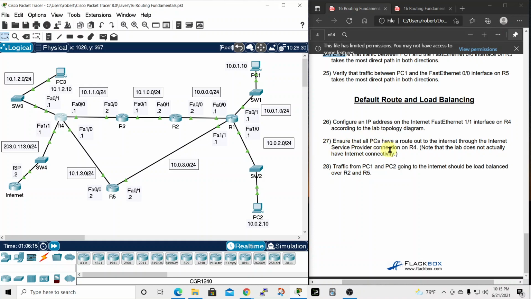Now it says ensure that all PCs have a route out to the internet through the internet service provider, which is right here. This is the internet service provider with 203.0.113.2 as its IP, but it's there. And note that the lab does not actually have internet connectivity. Ensure that all PCs have a route out. Okay, to do that,